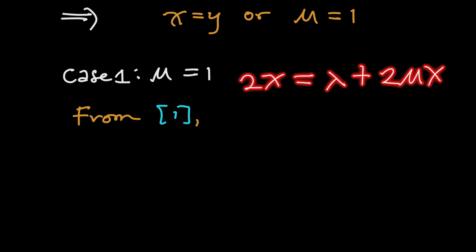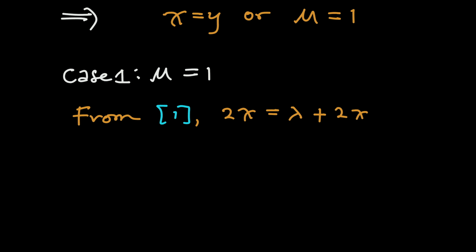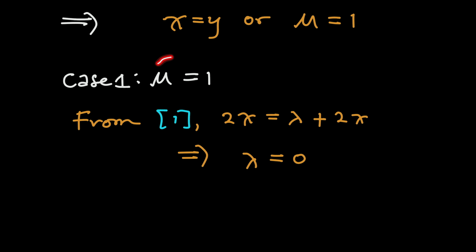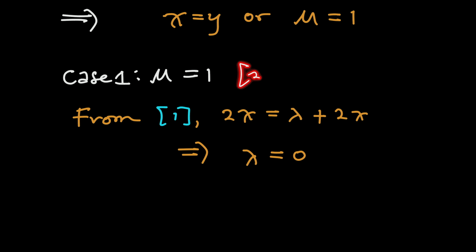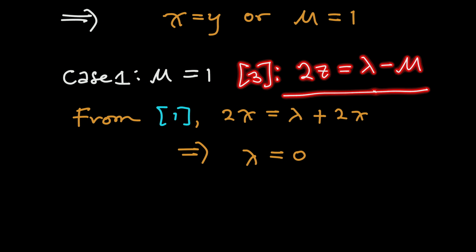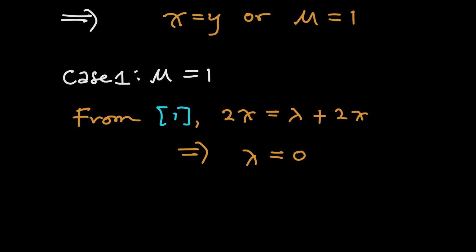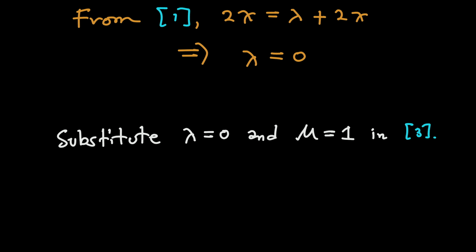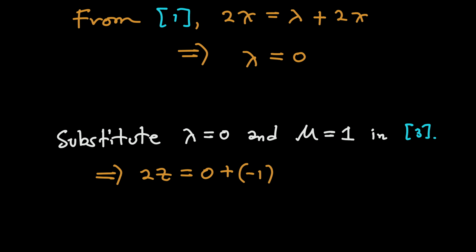From equation 1, notice that mu here is equal to 1. Therefore, this one reduces to 2x, which is now equal to lambda plus 2x. Therefore, we can cancel out 2x, and this gives us lambda equals 0. Since we already have the value of mu and lambda equals 0, we can make use of equation 3, which states that 2z is equal to lambda minus mu. And therefore, we can obtain a value of z. So when you substitute lambda equals 0 and mu equals 1, you have z